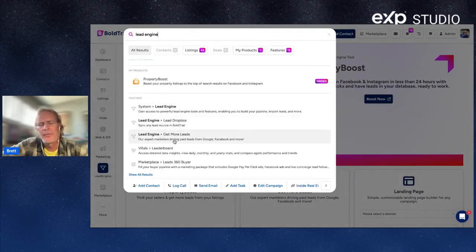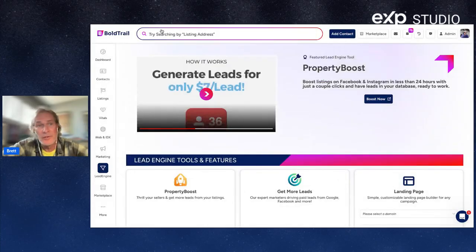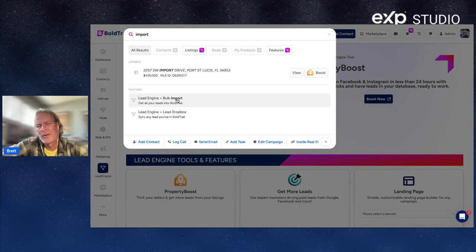Well, what do you know? All types of stuff to choose from. So I'm bringing you here to show you where to import your leads. You could just go import, to that point, bulk import. It can just drive you straight there. You don't even have to go to the main lead engine, which is where all our cool lead engine stuff is, like lead gen tools. But for import,